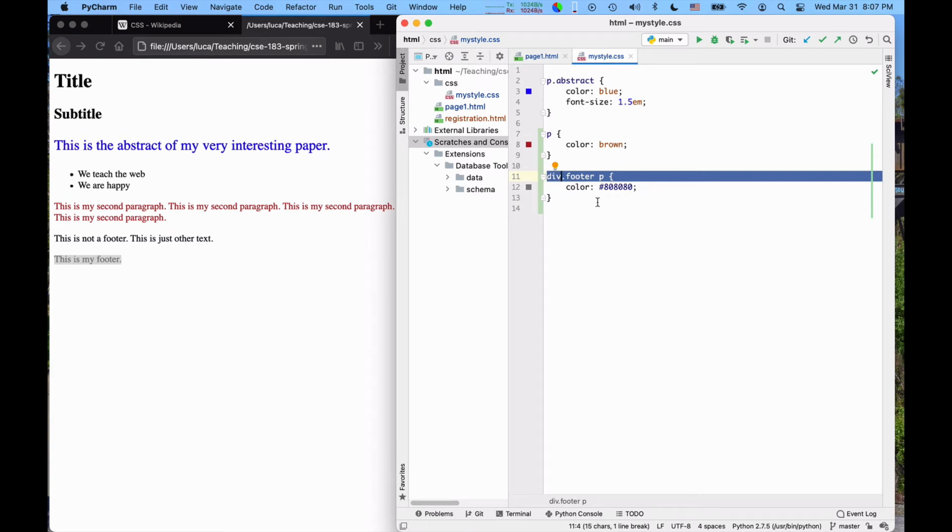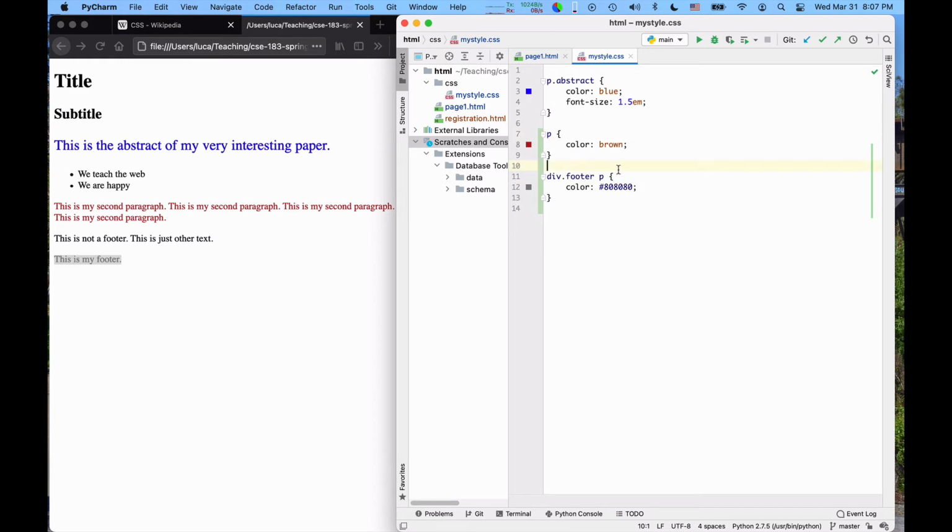It's a little bit like when you read a piece of legislation. It says pedestrians can cross the street on the stripes, and then you add another rule: but pedestrians cannot cross the street on the stripes if a policeman tells them explicitly that they can't. You can make a more specific rule, and the more specific rule typically is the one that applies. And the same is what's going on here. So in the end, the footer will be gray because this rule is more specific than that one.